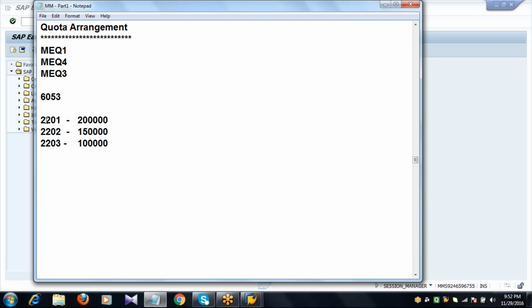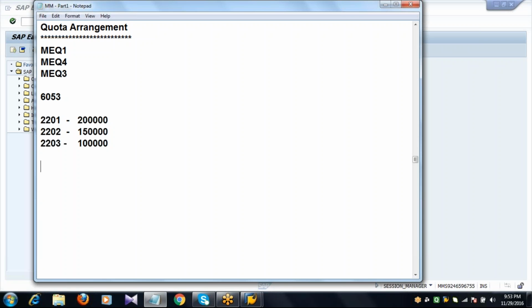Now, if I still create a PO for the same vendor, the system will automatically ask you to go for the next supplier as the allocation quantity for the vendor is completed. So this is a function of the quota arrangement.